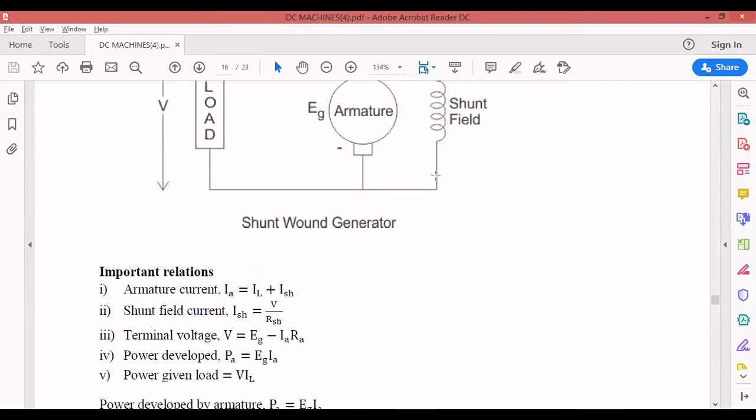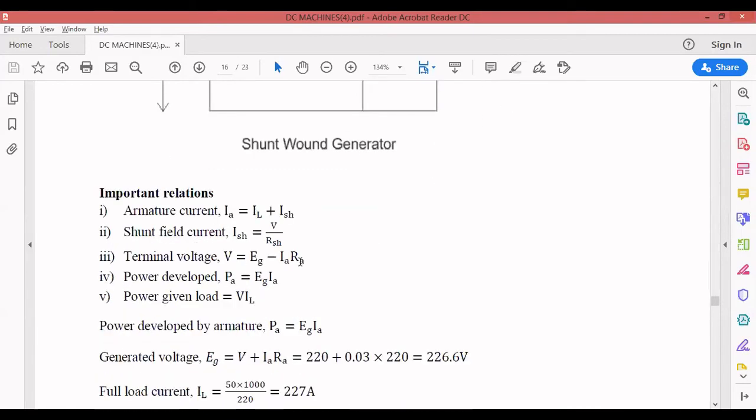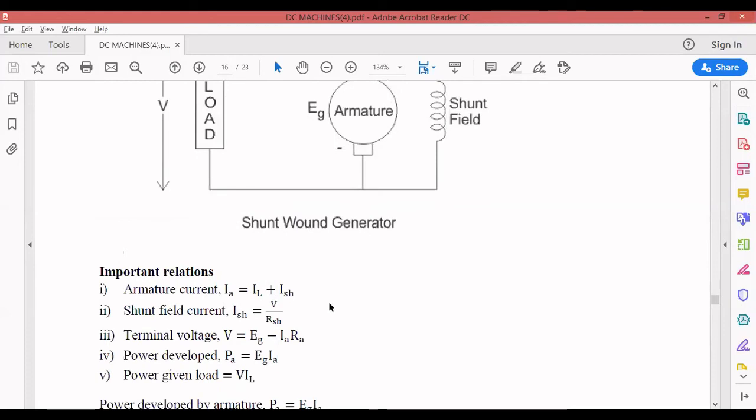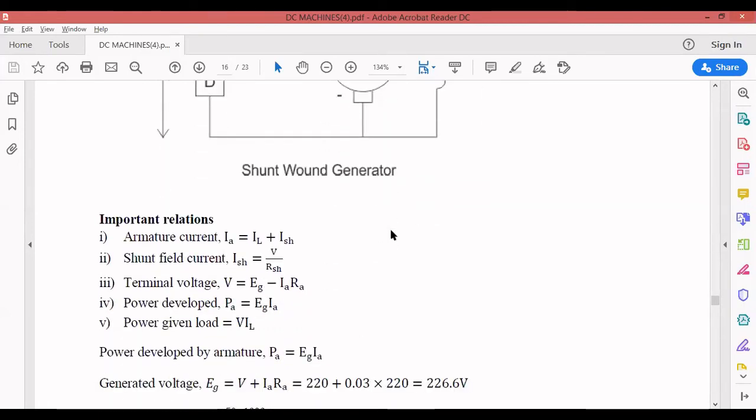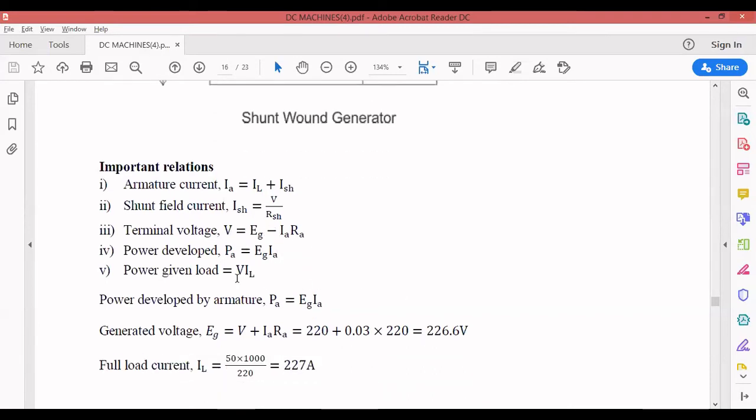And terminal voltage V is nothing but what? Eg minus Ia into Ra. Where Eg is nothing but V plus Ia into Ra. But I want terminal voltage. V is equal to Eg minus Ia into Ra. V is given. So I can calculate what? I can calculate Eg. So power developed by the armature of the shunt generator,